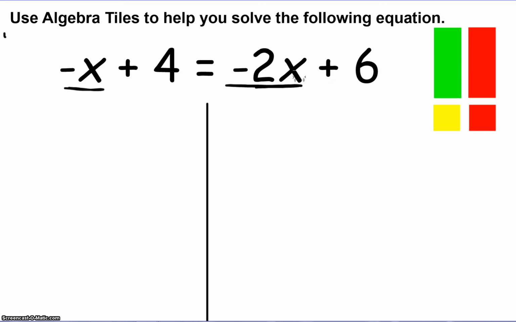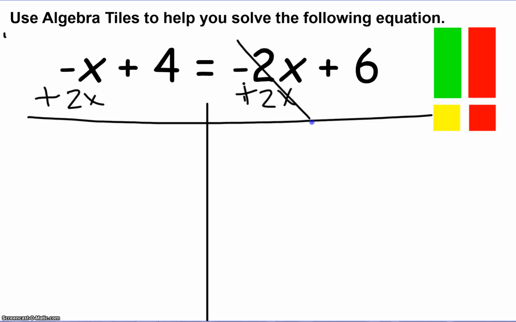We know that we can combine like terms, but in order to do that, they have to be on the same side. Because both of our variables are negative, we want to make sure that we are moving the biggest digit. Notice there's a 2 here and a 1 here. We're going to want to move this 2. That way, when we move it, it becomes positive. So, let's do it. So, plus 2x